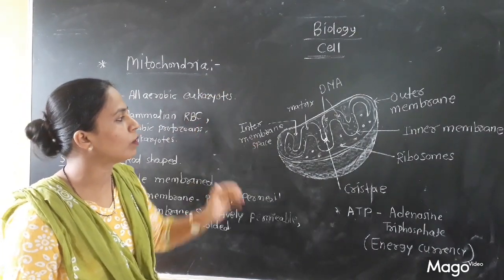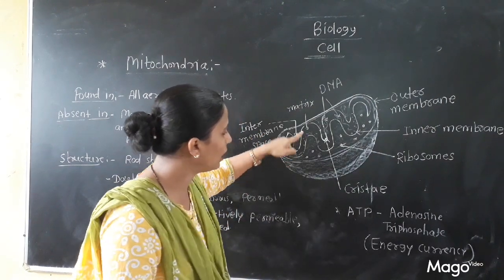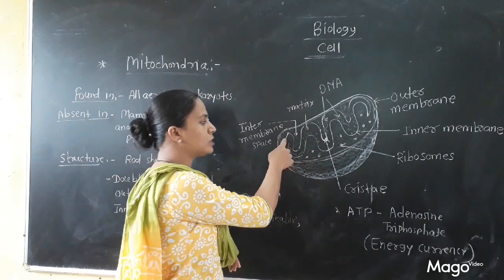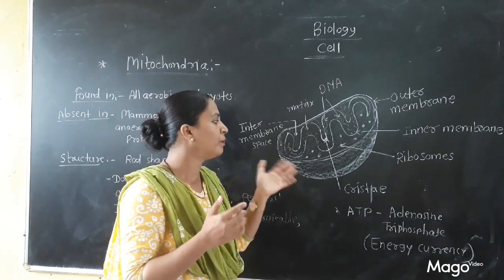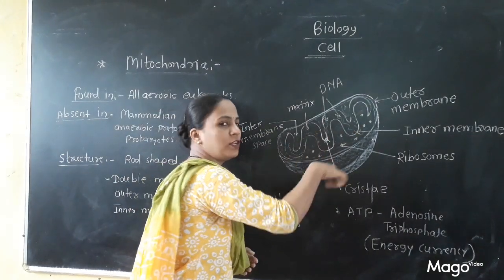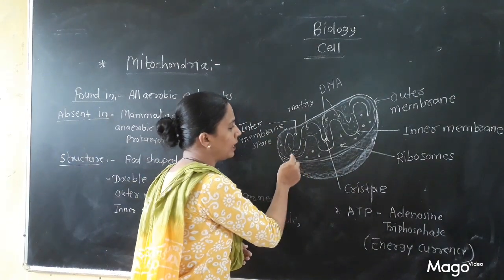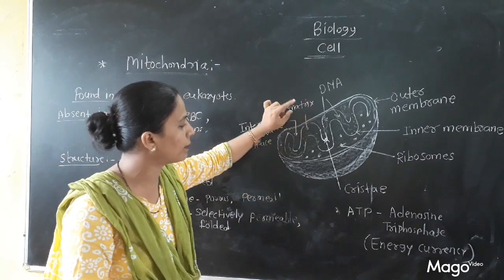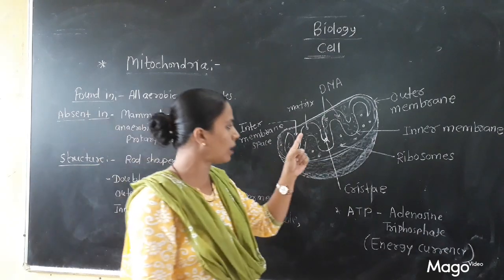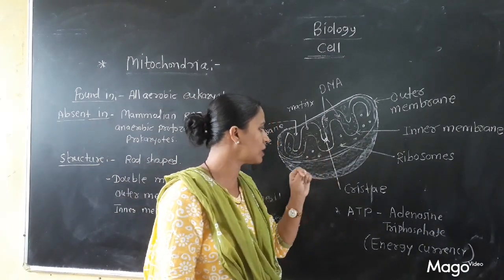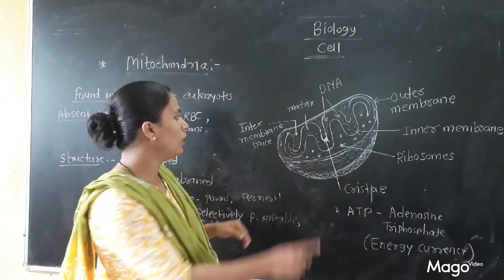Then, when we are talking about mitochondria, there is one more thing. You can see here that mitochondria consists of DNA and also ribosomes. As it consists of DNA, it can replicate and produce many mitochondria on its own. Without taking help from the original cell, mitochondria can replicate itself using this DNA. So in mitochondria, DNA and ribosomes are present. That's why mitochondria can replicate on their own without help from the cell. And you can see ribosomes are present, so it can synthesize the proteins required for it. So mitochondria